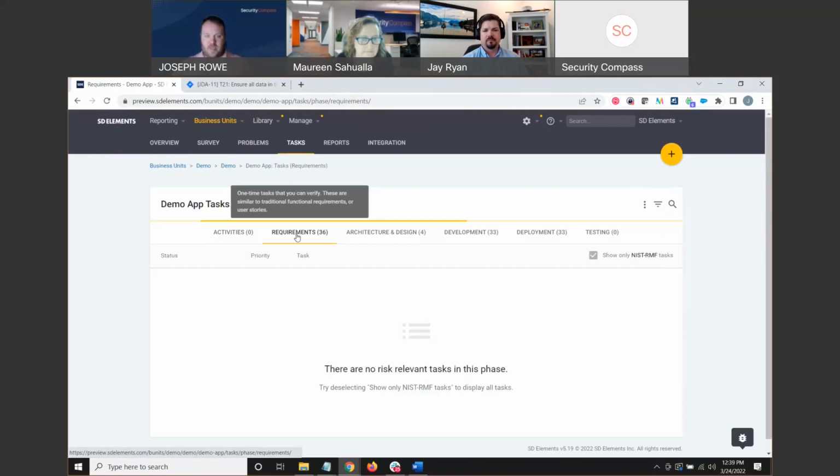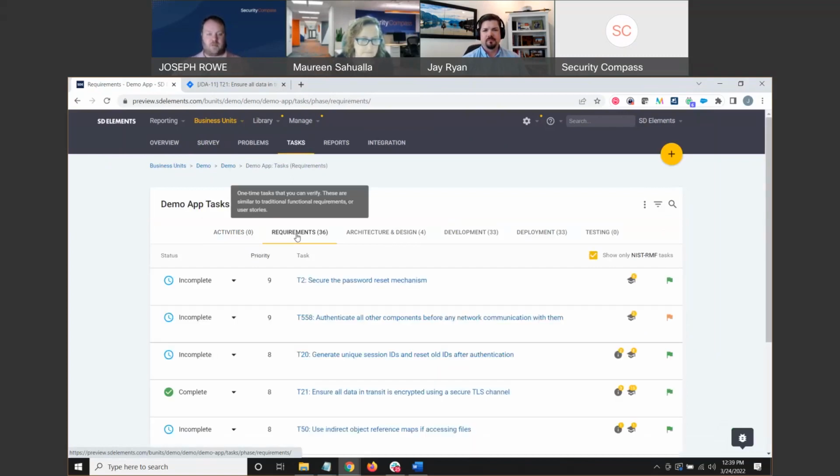Now, again, these tasks are all about protecting the software. And not only are they telling you what you need to do, right? Because it's like, okay, well, you need to do this, but that's not very helpful if the developers don't understand how they actually need to go about doing so. So not only are we providing what you need to do, but we're actually going to walk the developer or the DevOps team member or the engineers through it step by step